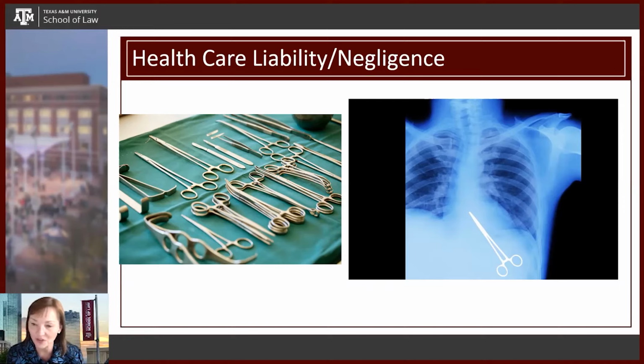And if your counts are right, there certainly shouldn't be something left inside of somebody whenever the surgery is complete. So a jury can understand that. A jury understands that if you end up with an x-ray that looks like this one here with a hemostat that was inside the body, that something didn't go right. And so the courts will say in a foreign body case such as this, that res ipsa may apply and there can be an inference of negligence, that something went wrong and that the plaintiff may or may not be required to provide expert testimony on what the standard of care was and whether it was breached or not.